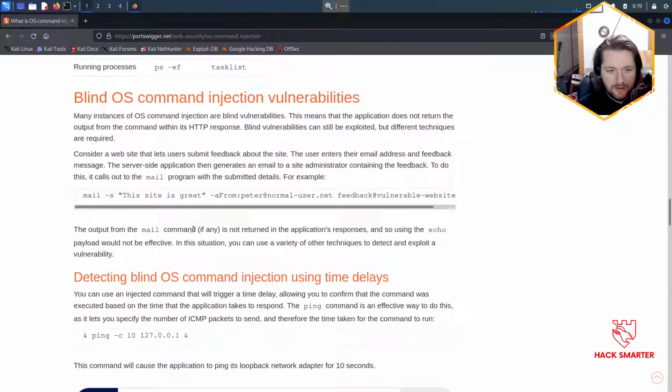The output from the mail command, if any, is not returned to the application's response, and so using the echo payload would not be effective. In this situation, you can use a variety of other techniques to detect and exploit a vulnerability. So I think what it's showing us here is